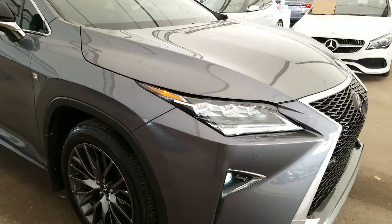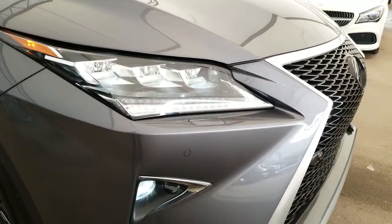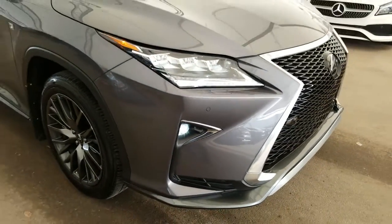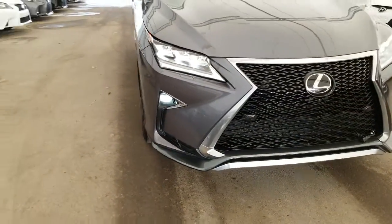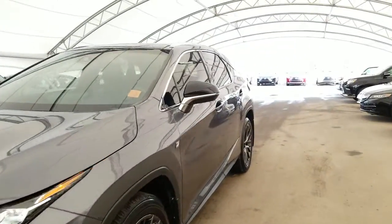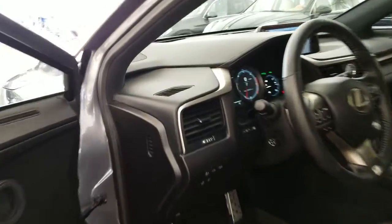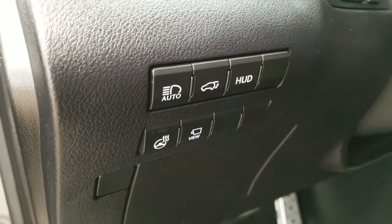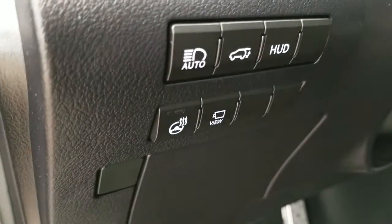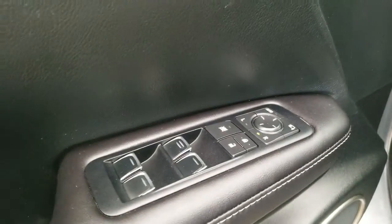Some of the features do include L-shaped premium LED headlamps with the auto-leveling headlamp system, LED daytime running lights, LED fog lights, headlamp washers, F-Sport front grille, front and rear park assist sensors, blind spot monitor with the rear cross traffic alert, keyless entry with the push-to-start ignition, automatic high beam, power liftgate, head-up display, heated steering wheel, panoramic view monitor, power tilt and telescopic steering wheel, driver's seat memory seating, power folding side mirrors,